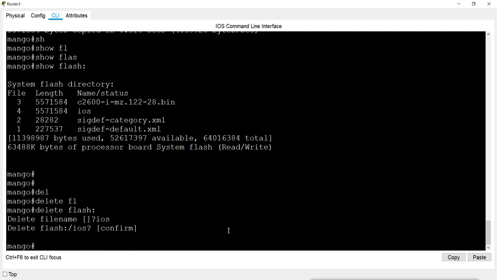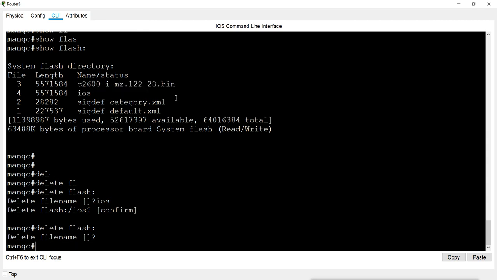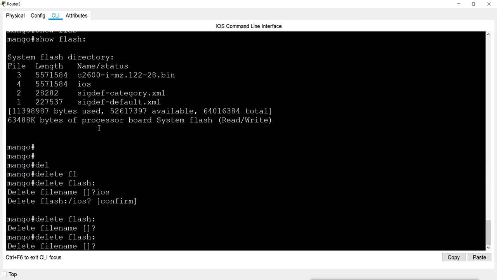IOS file is deleted. Now I have one more IOS file, which is this one. So I will delete this one also. Confirm.